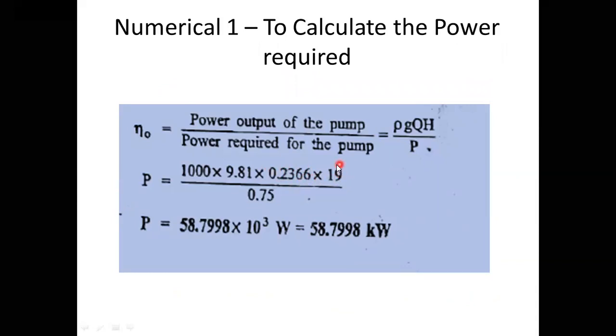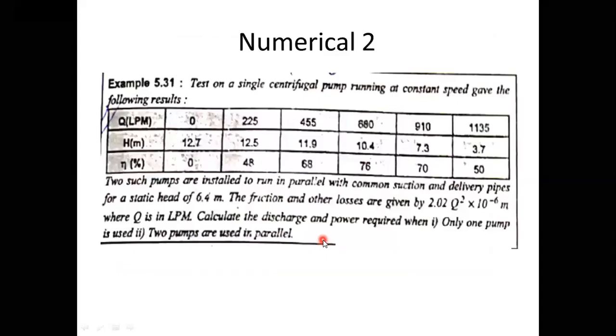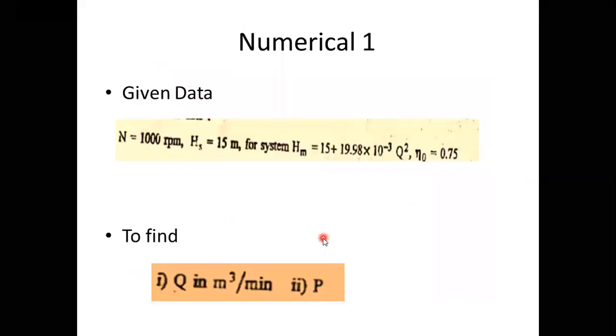So we have just converted it, and the head is given as 90 at the operating point. At the operating point, we are getting these Q and H values, and you have to put this Q and H value at the operating point in the formula of overall efficiency. Then you get the power over here. Okay, so it's very simple.